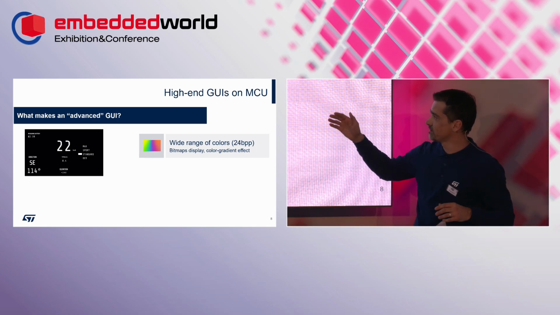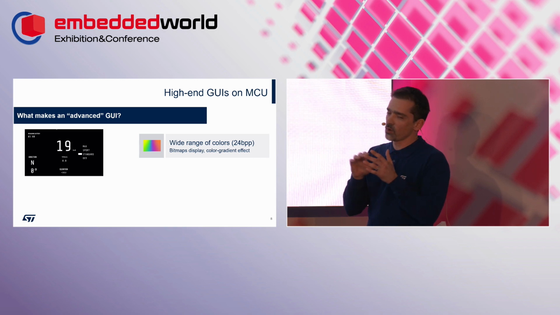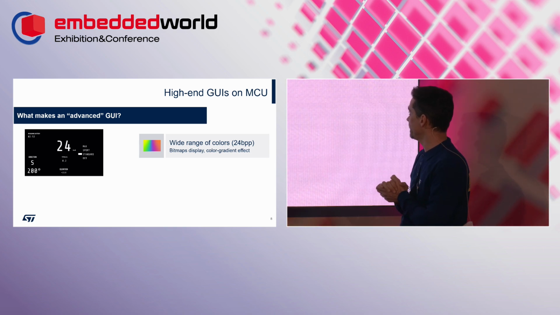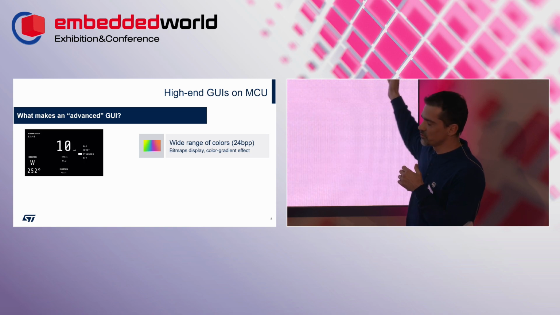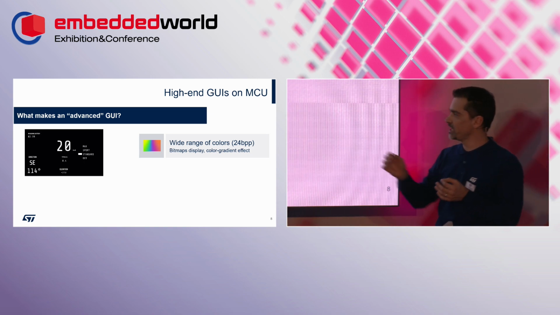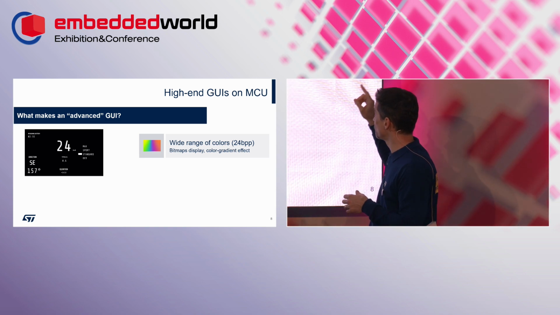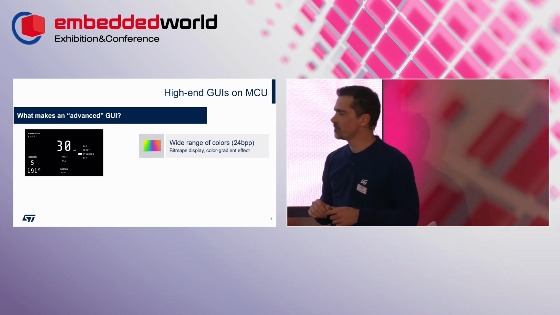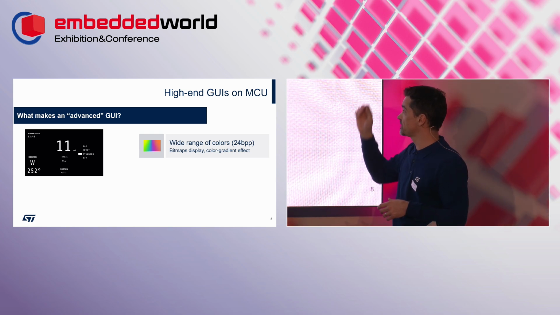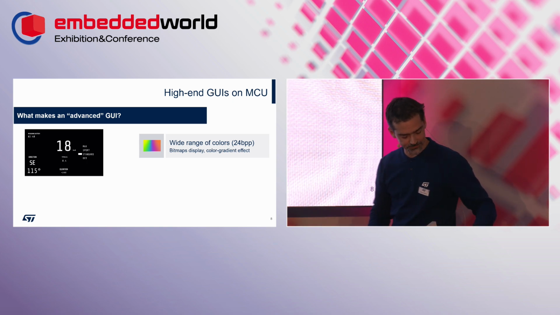So to enhance this user interface, the first point is to be able to display a wide range of colors. This means I put 24 bits per pixel, to say that you will not only manage 2-bit black and white for each pixel, but 24 bits. That's not the same amount of processing. And this will allow you to display bitmaps and color gradient effects, such as this one,